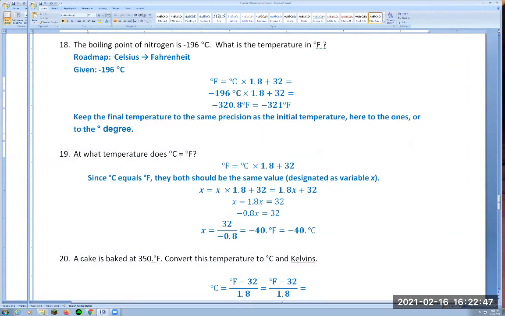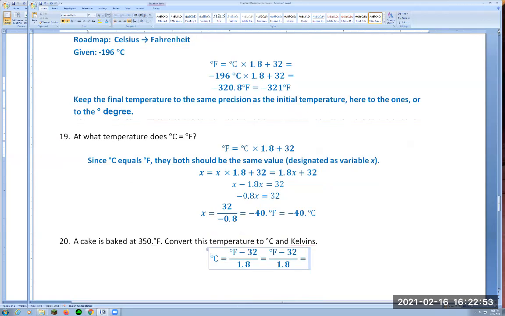So the equation looks like this. Degrees Celsius equals degrees Fahrenheit minus 32 over 1.8. So let's plug in the value of degrees Fahrenheit, 350 degrees. So 350 minus 32, and you need to do the intermediate answer before you divide by 1.8. Otherwise your value will be wrong. Divided by 1.8. So let me back up here and say 350 minus 32 is 318